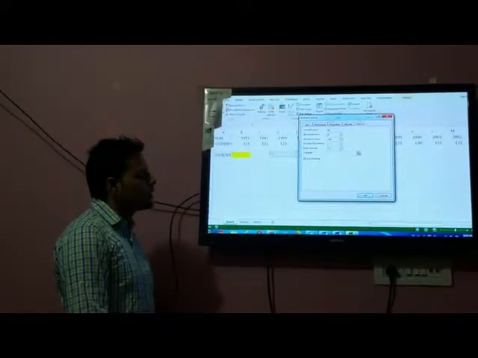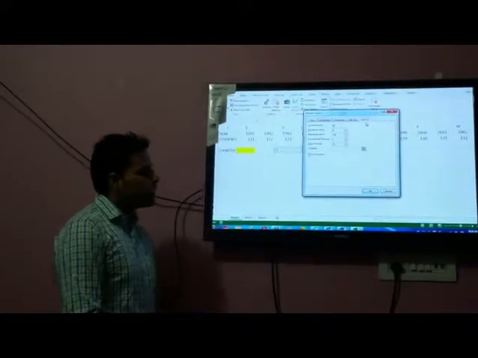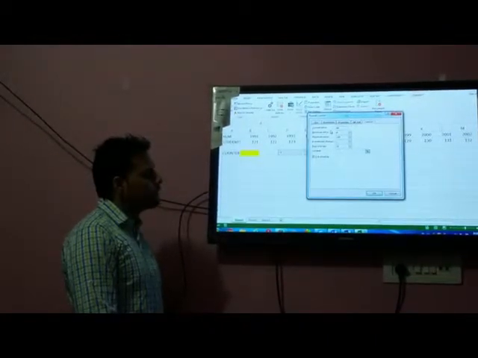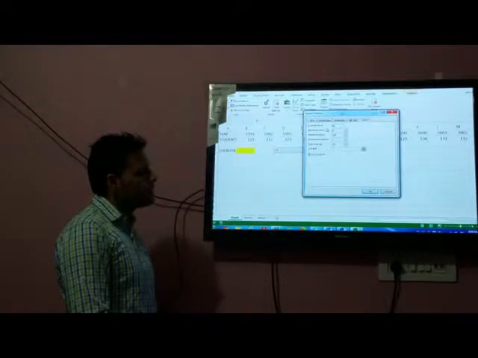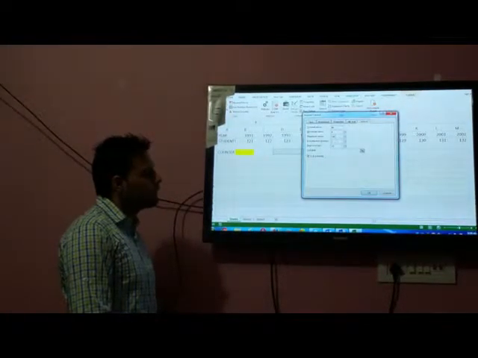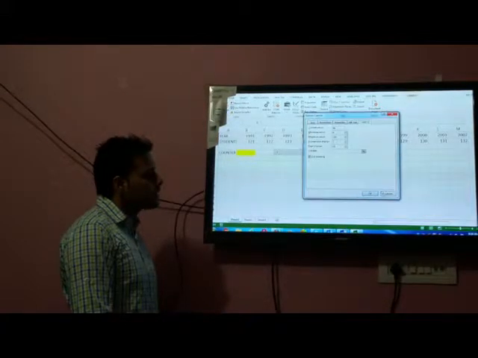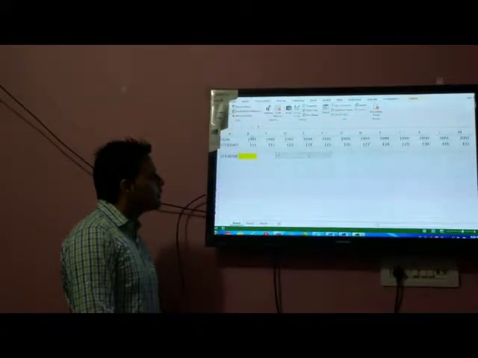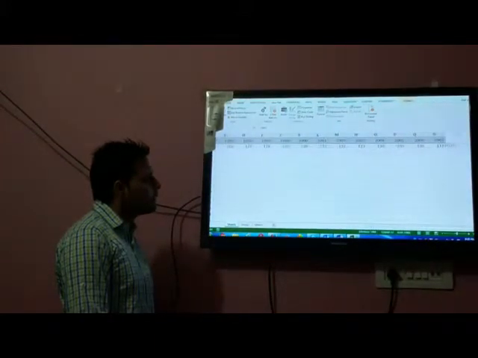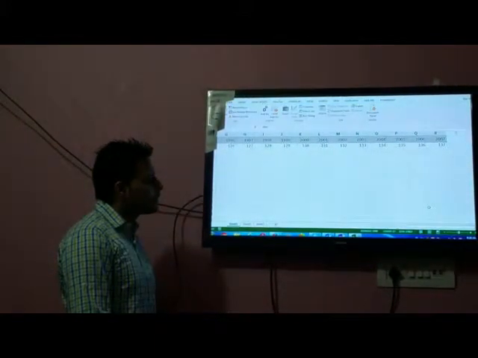Under the Format Control we have to change the control properties. First of all, you will see the current value is displayed as 0, and the maximum value is 100, so first of all we will change these values. Let's calculate how many values we have exactly. You can start from here and calculate up to 2007. We have a total of 17 values.